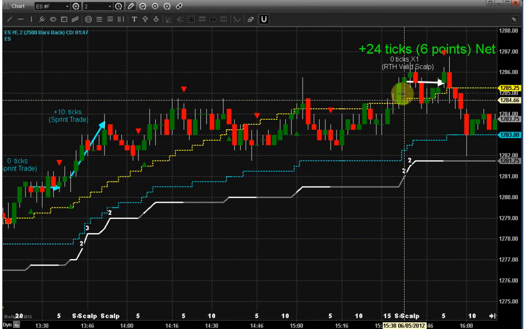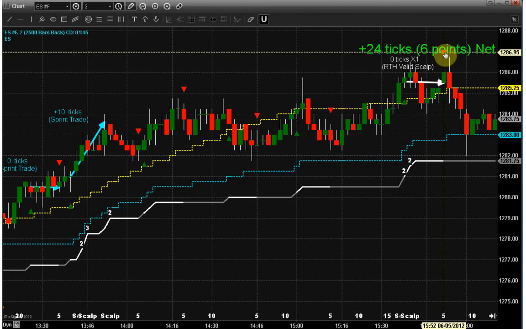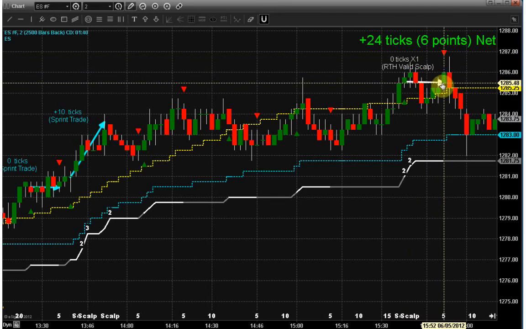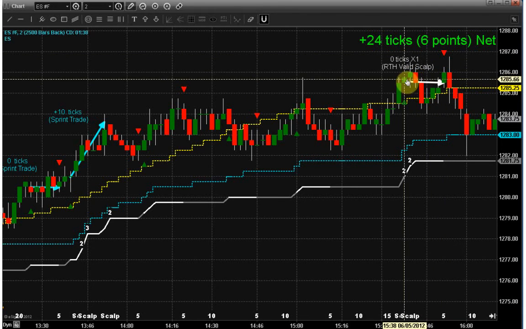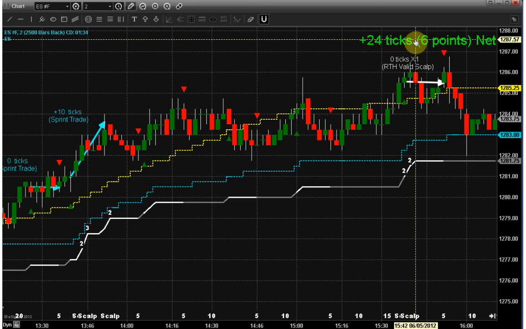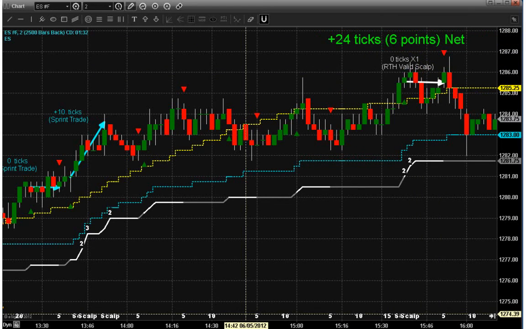Here, this scalp was beyond, but we closed at the first cautionary triangle that came up, which was here. So it ended up being a net of 0. It was 6 ticks against it and about 4 ticks for it, but we closed it here. Total day was 24 ticks of profit, which is 6 points of profit. On the euro,